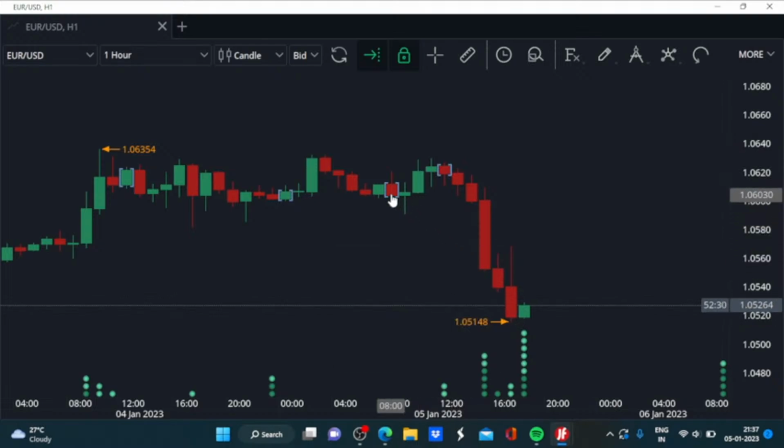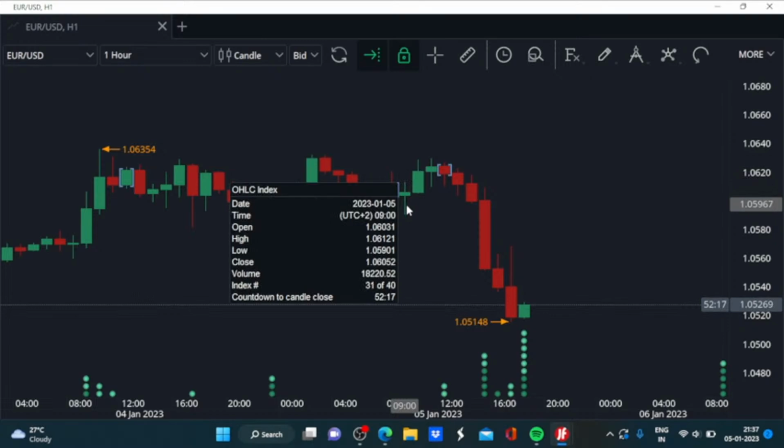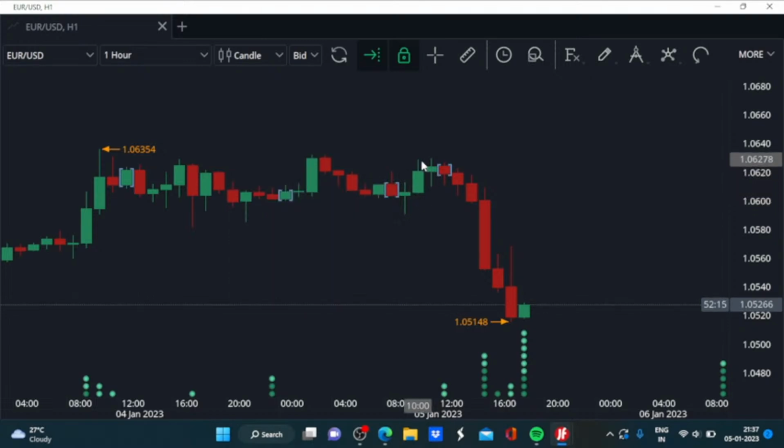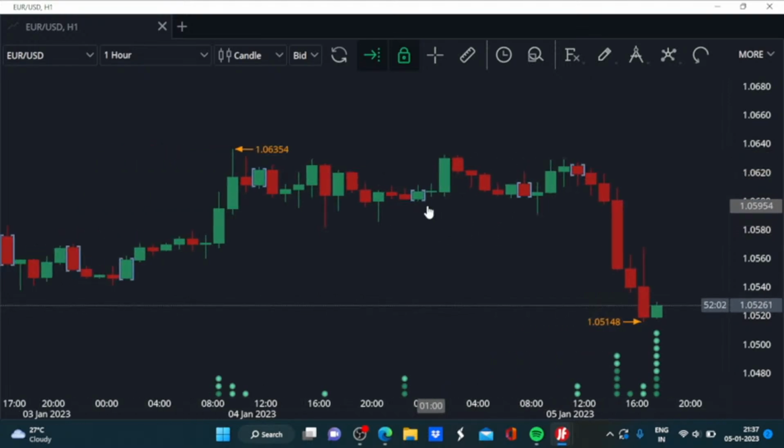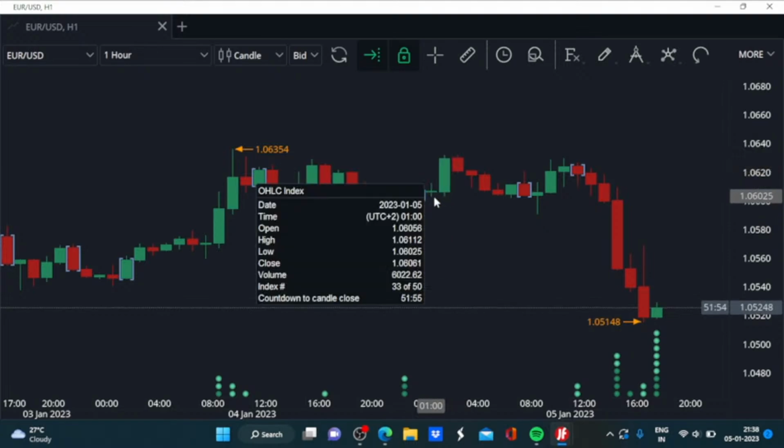But if we consider the prior formation of the bullish engulfing, it didn't really push the price lower immediately. In the next candle, the price did decline to some extent, but then it reversed course and came back slightly higher compared to the prior high of this bearish engulfing pattern. Then it reversed course again, forming this bearish engulfing. And if we look at this bullish engulfing here, it pushed the prices higher by around 30 pips, then